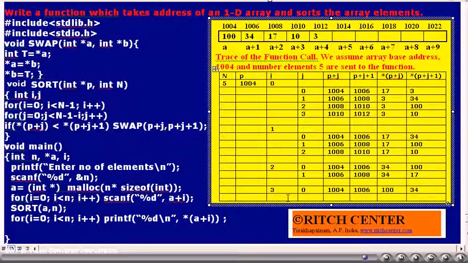By this time, you might have observed that array elements got sorted. When the outer for loop is executed the first time, the lowest element came to the last. The second time the outer for loop got executed, the second lowest element came to the second element from the end of the array. Vice versa, the array got sorted. Last for loop of the main, when it is executed, the sorted array will be printed.